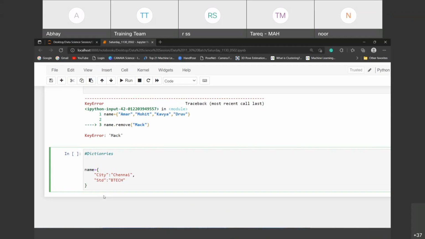Changeable. We can change the values. BTech. This is BTech.